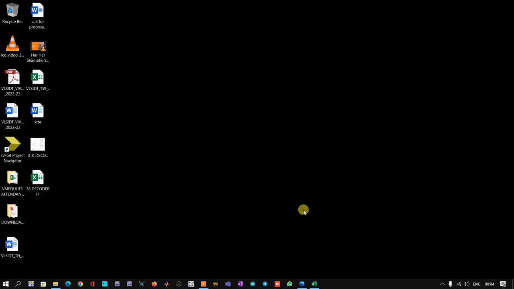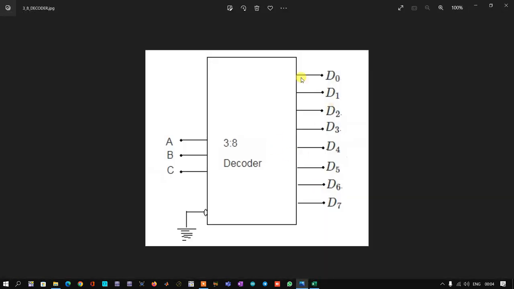So today we are going to learn how to write the main VHDL model and test bench VHDL model for a 3:8 decoder, also known as 3 line to 8 line decoder with active low enable. As we see in this block diagram, the decoder has 3 inputs A, B, C and 8 outputs D0 to D7, and it has one active low enable as shown, which means when this